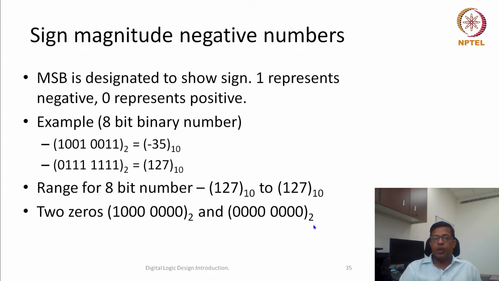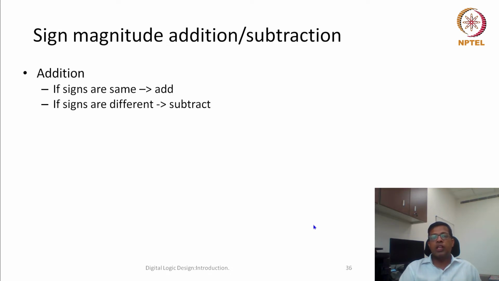We'll see how. The other thing is, let's say I need to do some arithmetic here. So what I need to do is I need to see whether the sign bit is the same or not. Let's say I want to do addition. If the sign is the same, then I have to add. If signs are different, then I need to subtract. Similarly, if it is a subtraction, then first I need to change the sign and then figure out whether it needs to be added or subtracted.